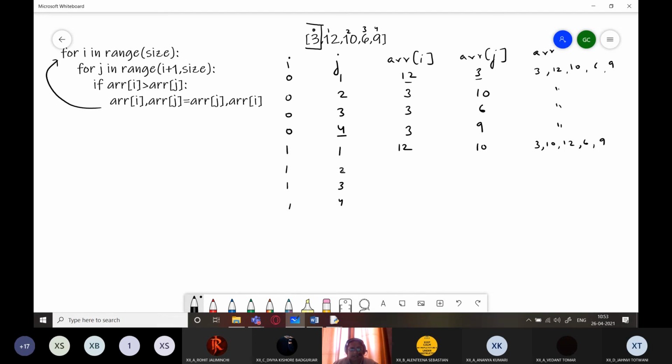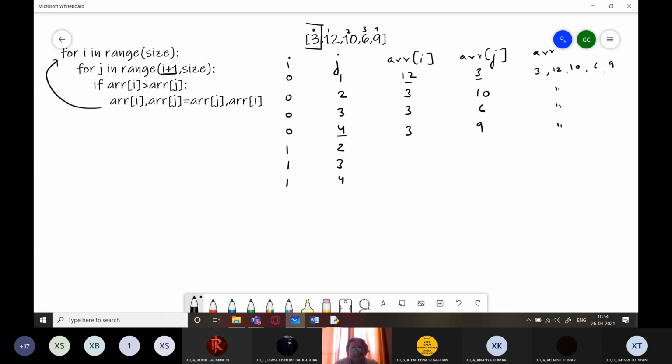Now, what is ARR1 now? It has already changed. ARR1 is 10 now. And what is ARR2? Sorry, one second, I made a mistake. Here it is I plus 1, so 1 will not be there. I made a terrible mistake, please forgive me for that. Students, j will take up value I plus 1. So if I is 1, j will start from 2.